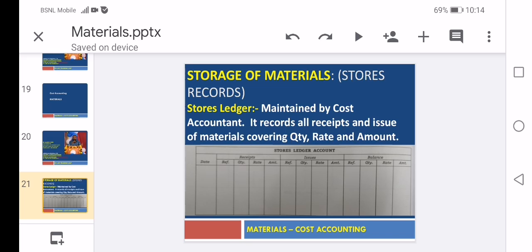But this reference number is written in few organizations where organization size is big and the maintenance of record for every transaction is there, such as large size companies used to maintain record for every movement or for every activity in the business. In the case of receipts, there may be a document, but in the case of issue and balance also, if the record is maintained, for that record a number will be affixed and that number is shown in the reference column.